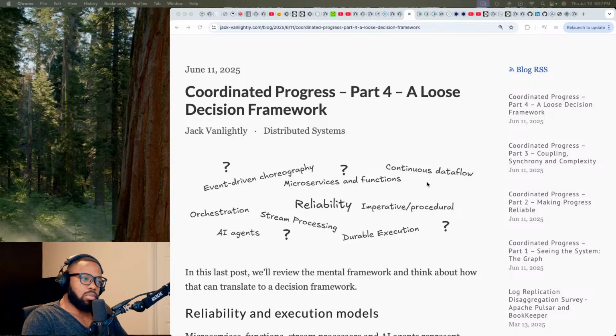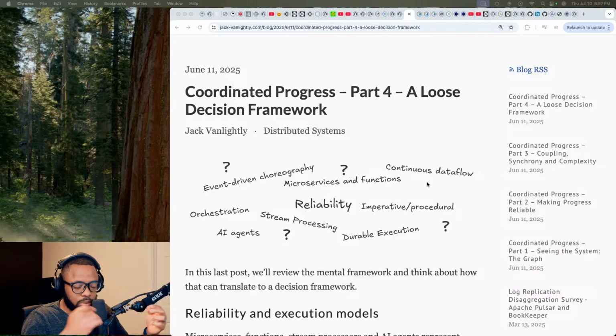And so his latest, he has a series of articles. The last 4 of them are part of a series called Coordinated Progress.